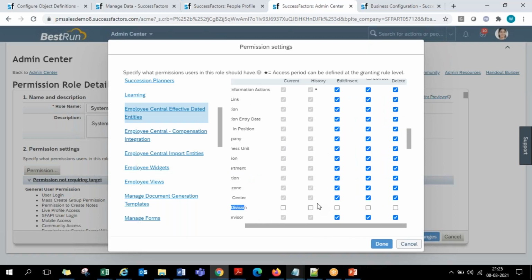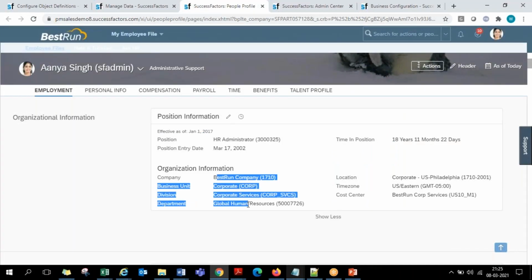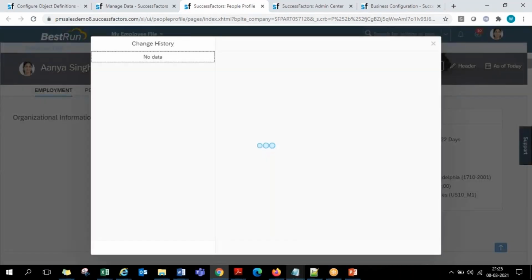5 checkboxes. What do these 5 checkboxes actually mean? The first checkbox says whether the permission is being given to view the data. First 2 are for only viewing the data. That too, you are authorized to see the existing subdivision of the employee or even the historic subdivisions. That is, when the employee joined, in which subdivision he was, and today, after 5 years, in which subdivision he is, like that. If you also want to give the access to the historic data, this checkbox is what is to be selected. That is, on the screen, whatever you see here is for the current record, guys. If you go to the historic icon here, you will be able to see the history.